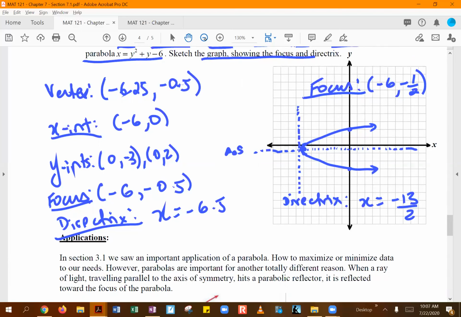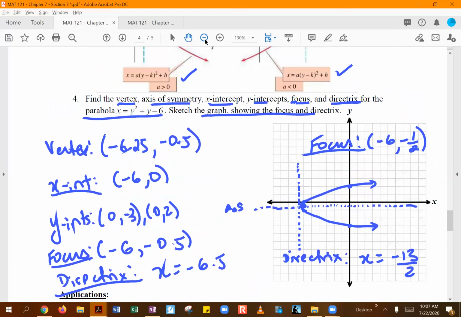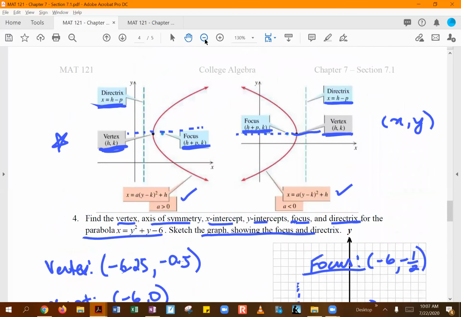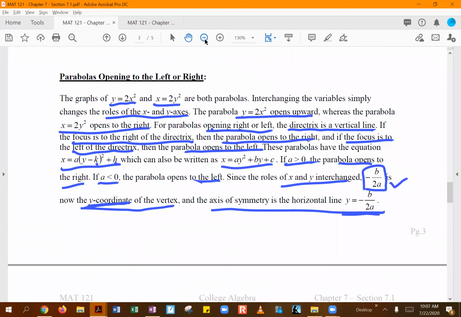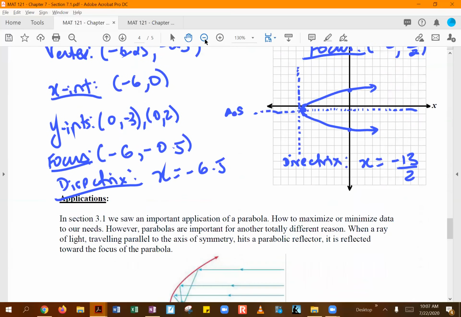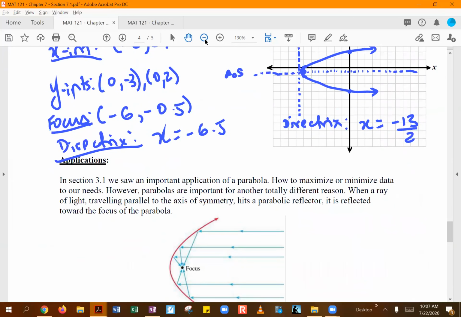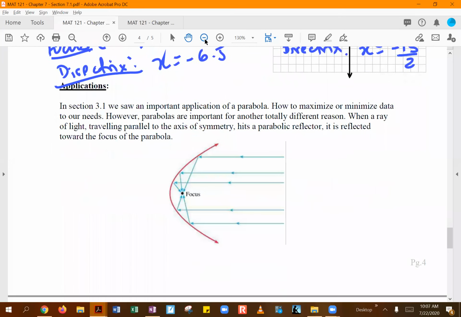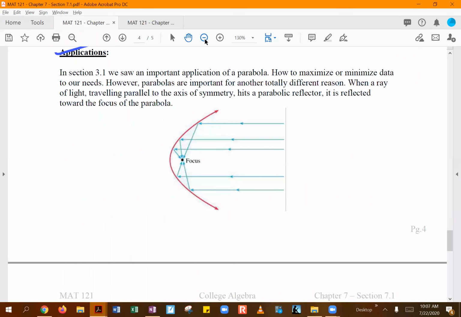But this at least gives you an idea of how those x and y values interchange when we go from a parabola opening up and down to a parabola opening left or right. So you can see in this paragraph over here how all of those definitions change. Okay. Alrighty, so now that we have looked at the graphs and we have looked at their geometric